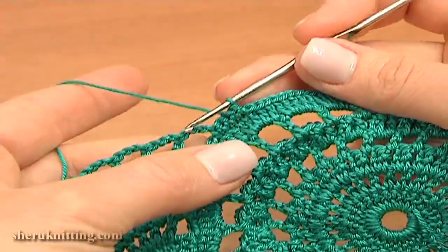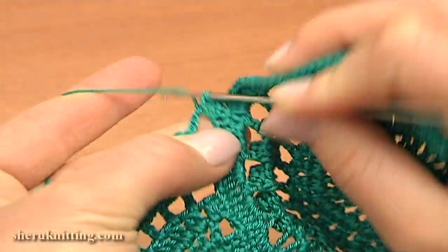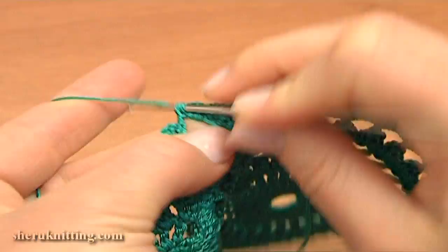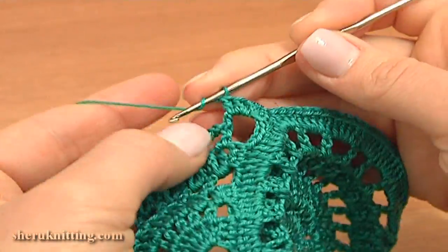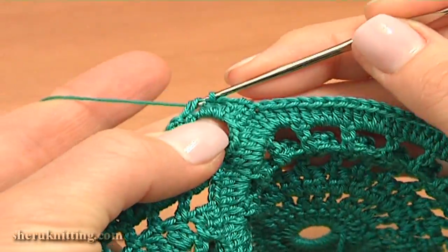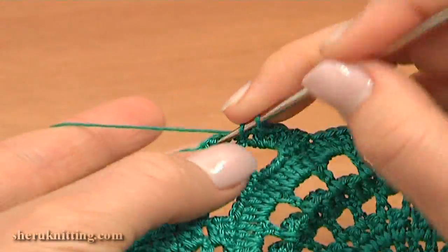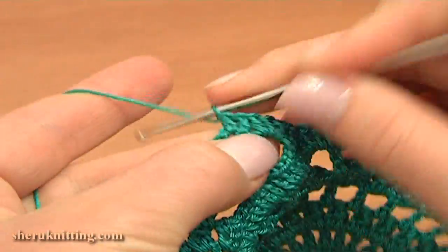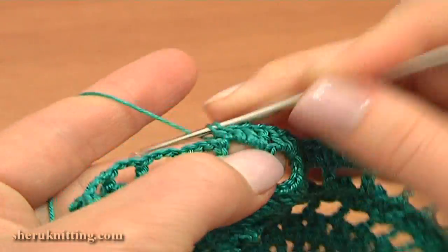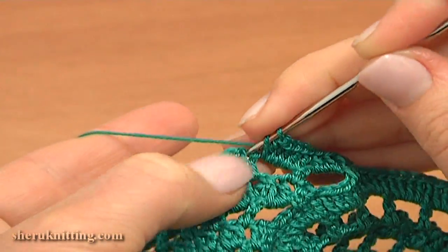Double crochet 3 into the first chain space of 3. 1, 2, 3. Then double crochet through the double stitch and double crochet 4 into the next chain space. 1, 2, 3, and 4. Again, double crochet through the double